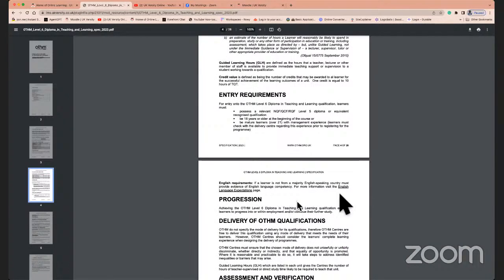Now, generally speaking, when I asked you to share your CV and obviously, a proof of ID, because we need to obviously do registration with OTHM, and that is something that we will do, and we required those minimum documents. But one of the key things that you would see in this qualification is that the qualification requires a minimum level of level 5 qualification to be able to get to level 6. Yeah. So what is your previous qualification as far as the course is concerned?